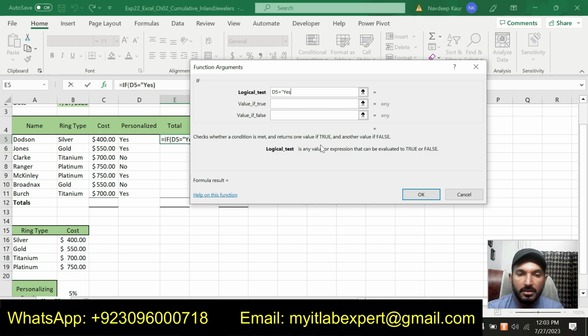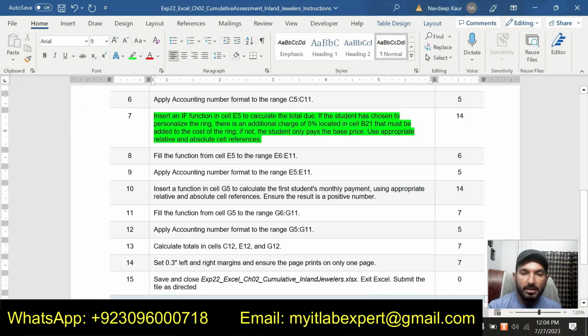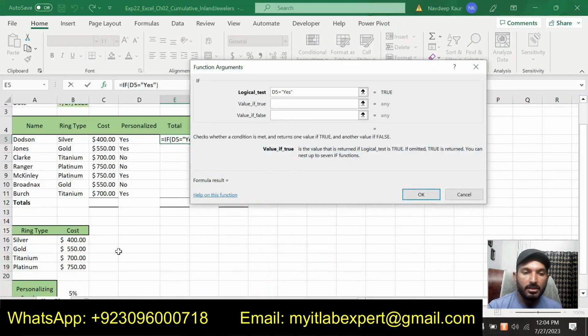That means the student has chosen to personalize the ring. If the first condition is matching, then there is an additional charge of 5% located in cell B21 that must be added to the cost of the ring.